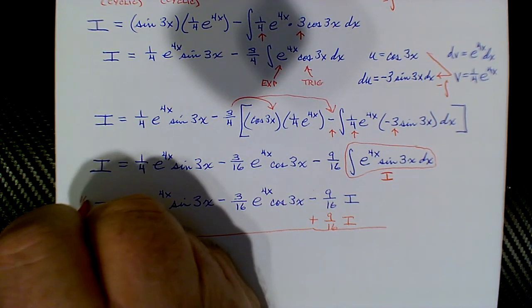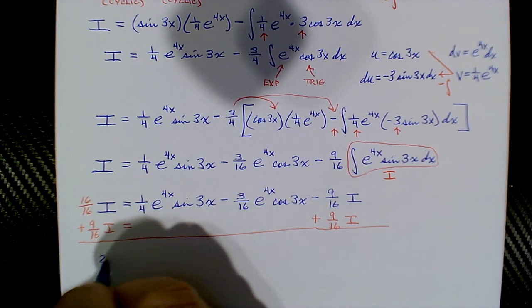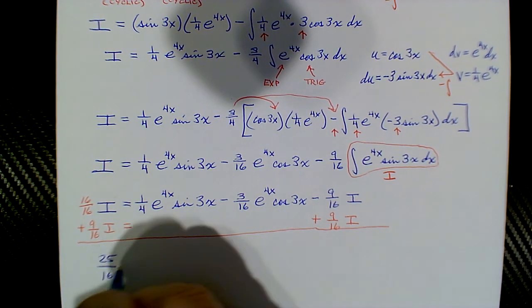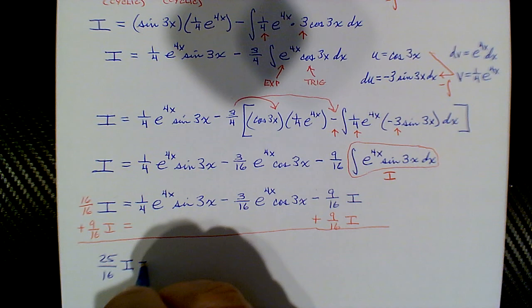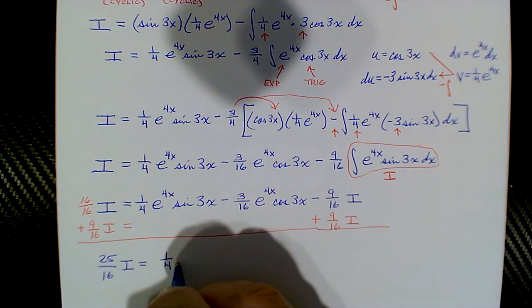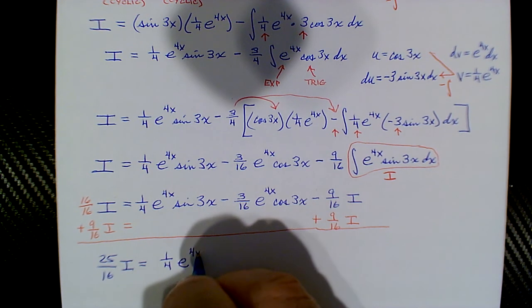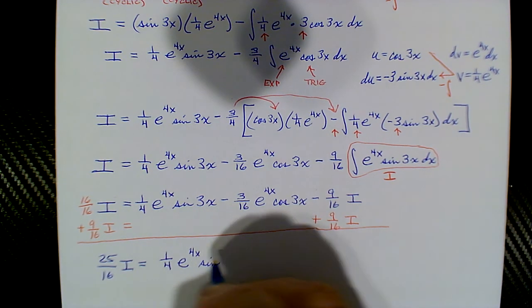So on the left, everything cancels. We just get 1i over 1, or just I. And on the right, what we'll do is distribute this 16 over 25 and multiply by the first term. 4 goes into 16 4 times. So 4 over 25 e to the 4x